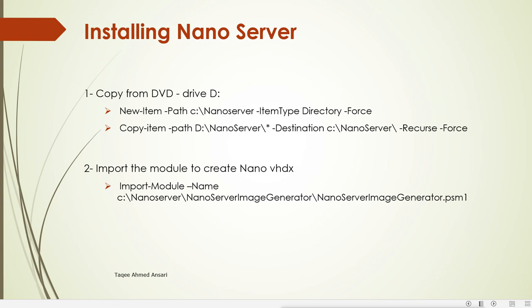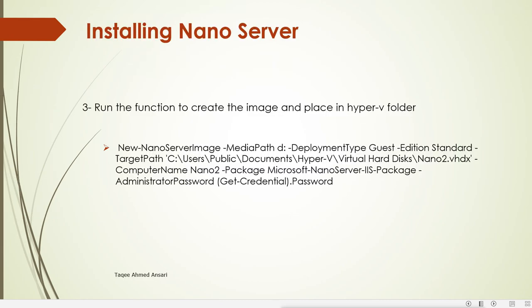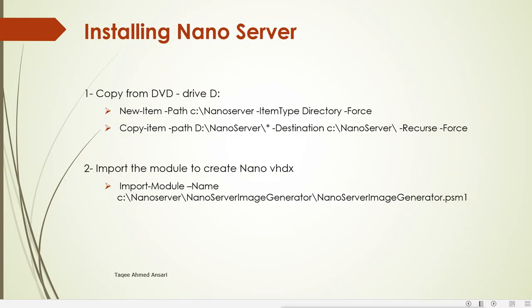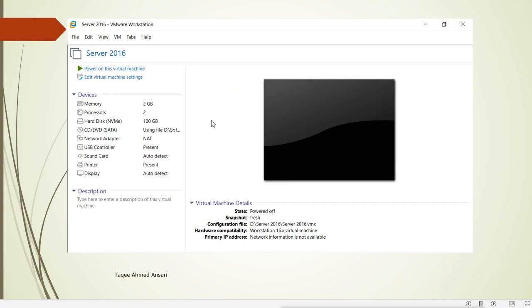Now for installing it on Hyper-V, first we have to install Hyper-V in our server. Because I am doing the practice in a virtual machine, using VMware, and if we want to install more virtual machines inside a virtual machine, then we have to enable some features in the VMware settings. This is our machine here in VMware where we want to install our nano server. In this virtual machine I want to create again a virtual machine for a nano server.